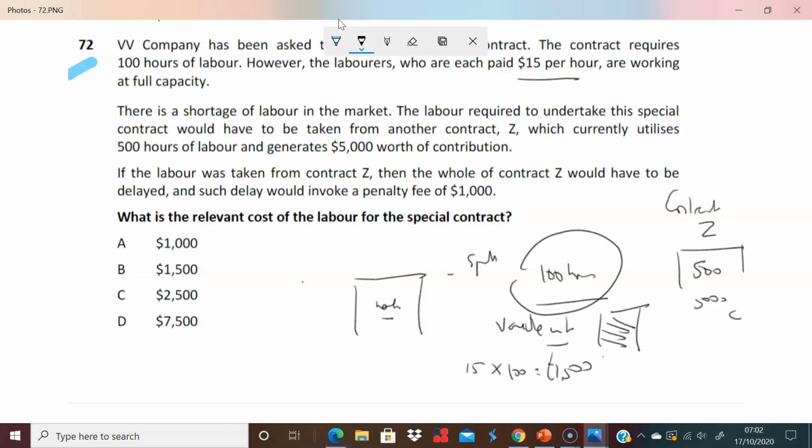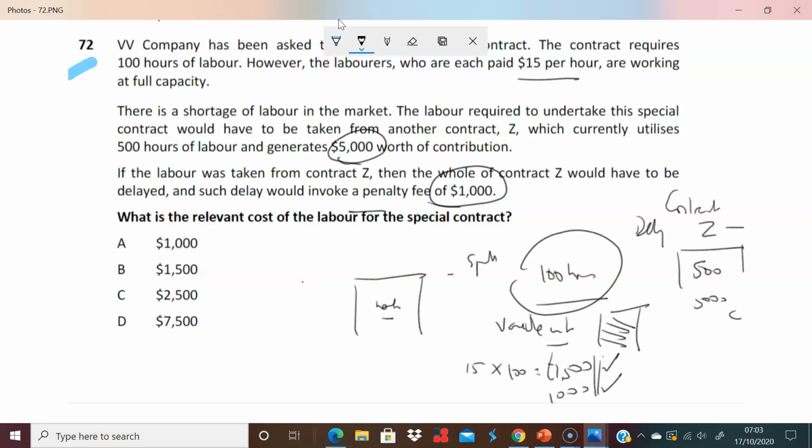Now, it says that as a result of this, this contract will have to be delayed. It just says delayed. So we're still going to do it, but it didn't say cancelled. So we will still get this contribution. It's just delayed. And as a result, the cost of that delay to us is £1,000. So the full cost of this contract is the 1,500, but we now have the additional